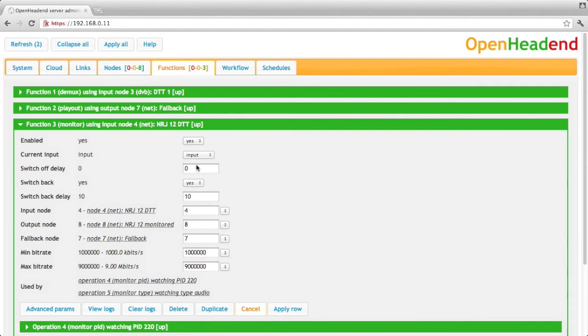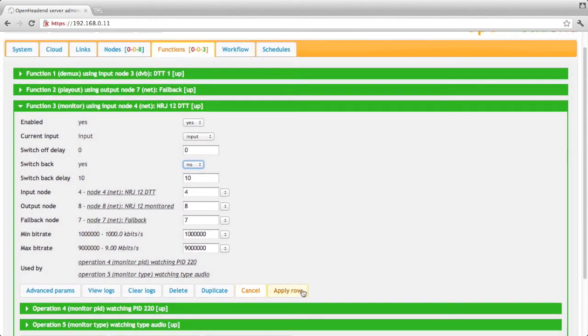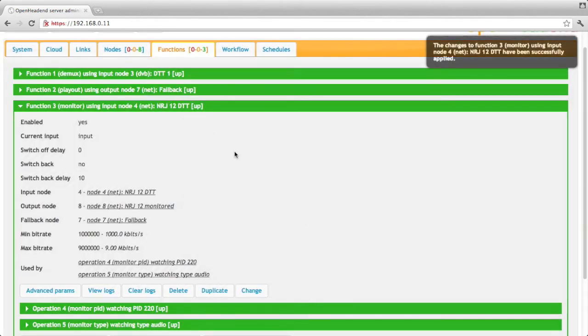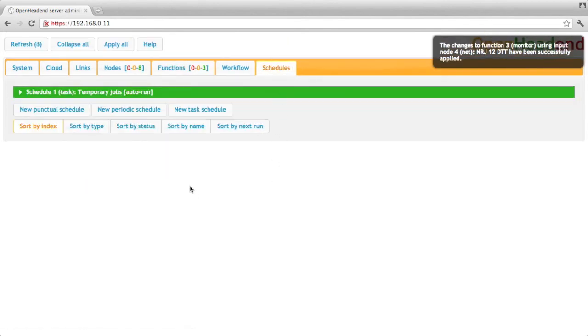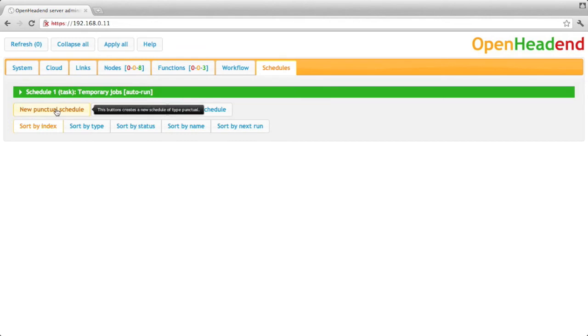So you would not do an automatic switchback, and you would use what we call a schedule for that. So let's say, for instance, a schedule is like a list of jobs to do at certain times. So that you can have a punctual schedule, a schedule that runs at a given time and only at this time, a periodic schedule, a schedule that runs every day at the same time and